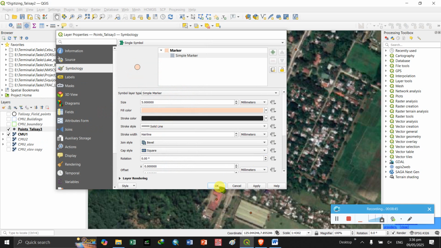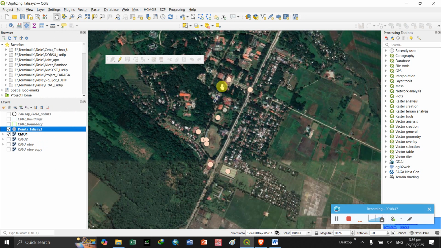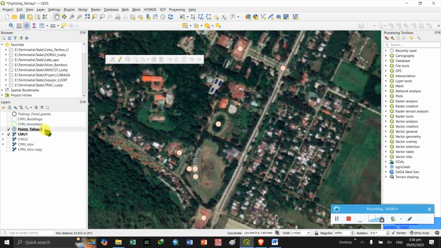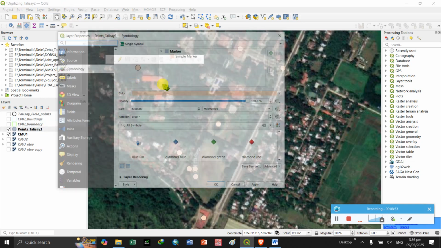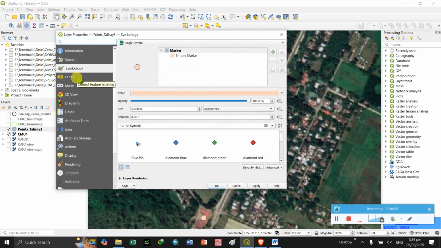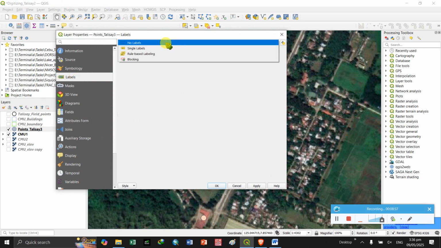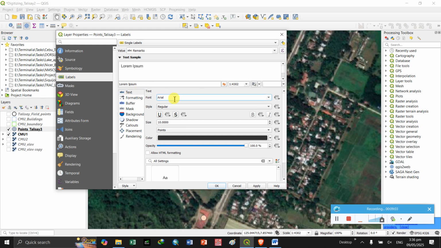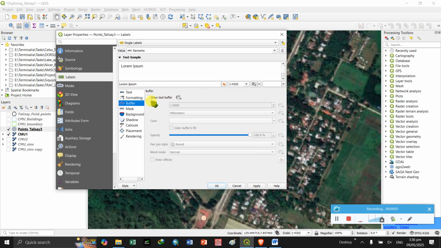So let's check. Okay, so that's the symbology, and then I need to add the label. So go to label, single labels, and then set remarks text as default, and then add text buffer.